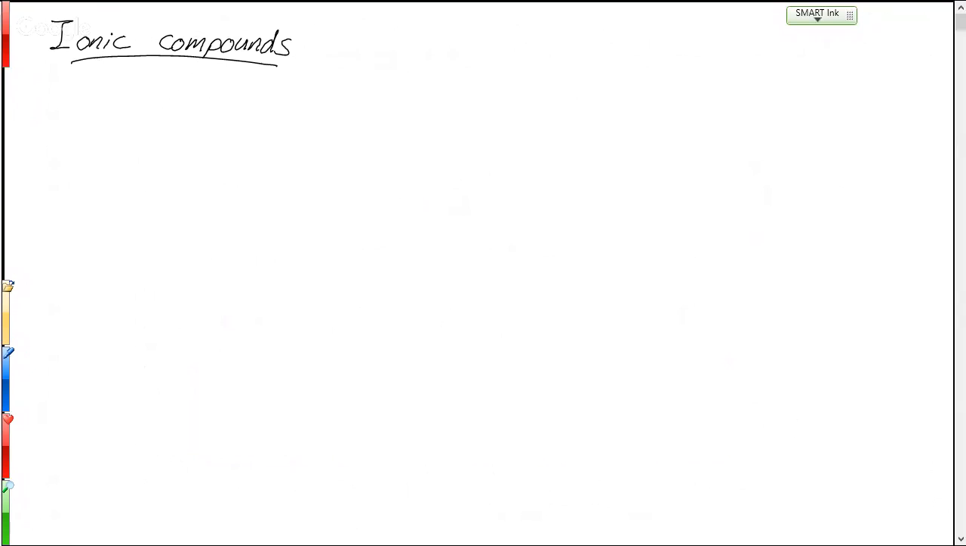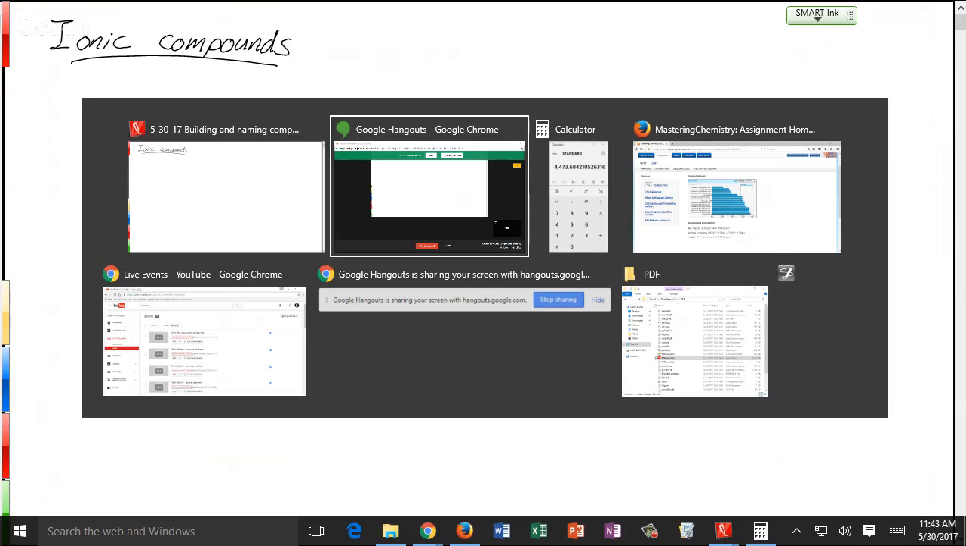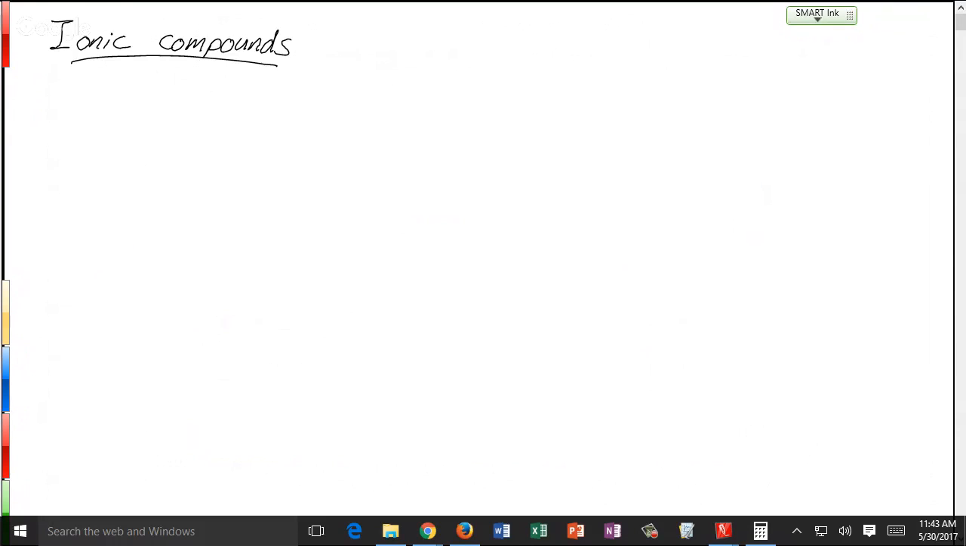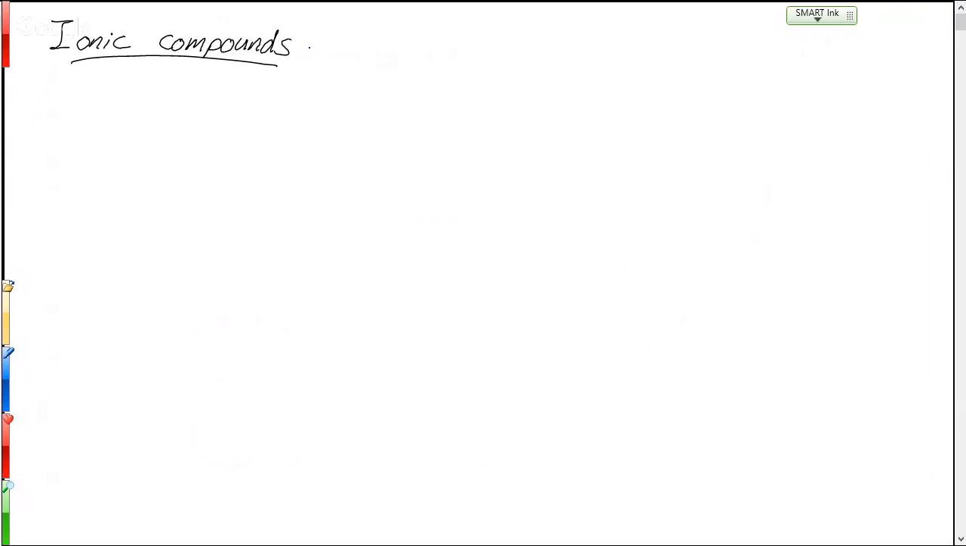All right. So let's look at some ionic compounds. We talked about ions last time and making these charges. So how do we put those charges together? We just have to make sure that we can build the appropriate compounds so that they are neutral. So ionic compounds should be generally neutral, or at least